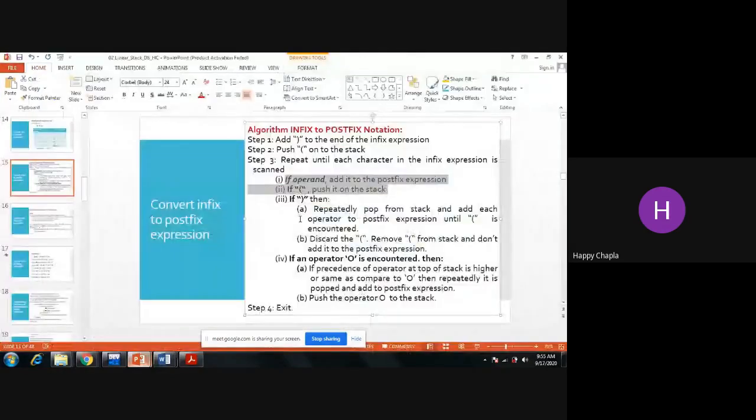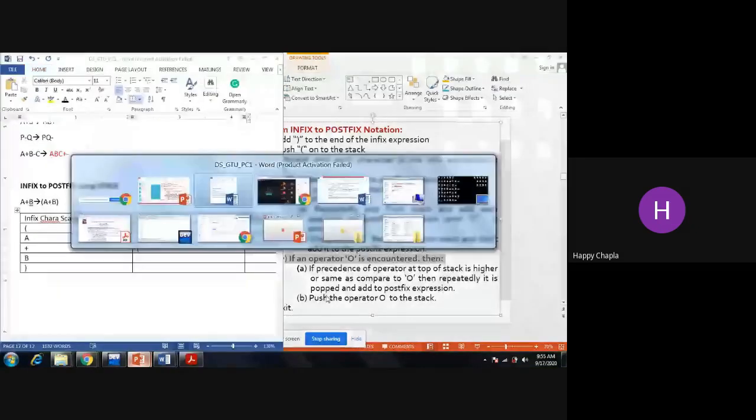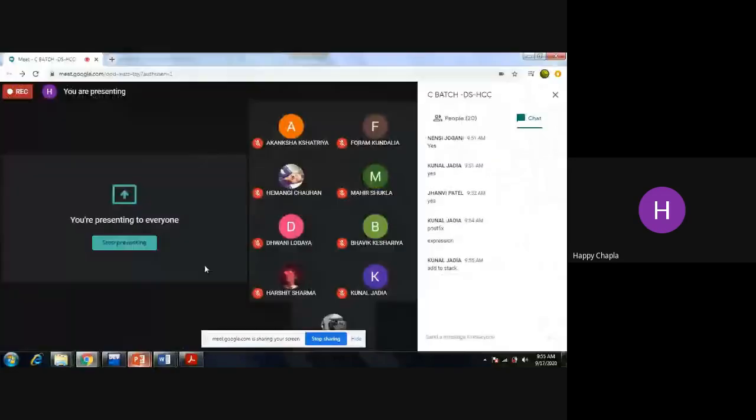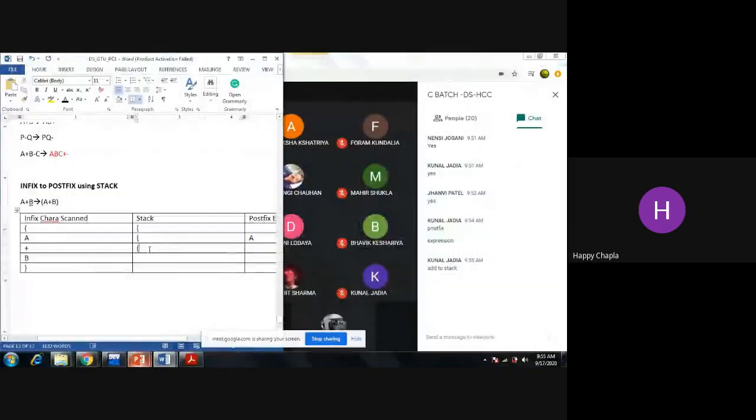Yes, if an operator O is encountered, then if precedence of the operator at the top of the stack is higher or same as compared to my O, then repeatedly it is popped and added to the postfix expression. Otherwise, the next step. There is no operator inside my stack, so I am just adding my plus into the stack. A as it is.